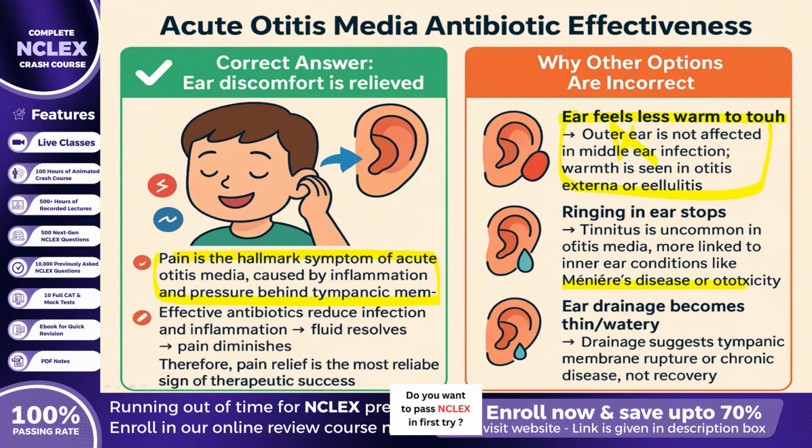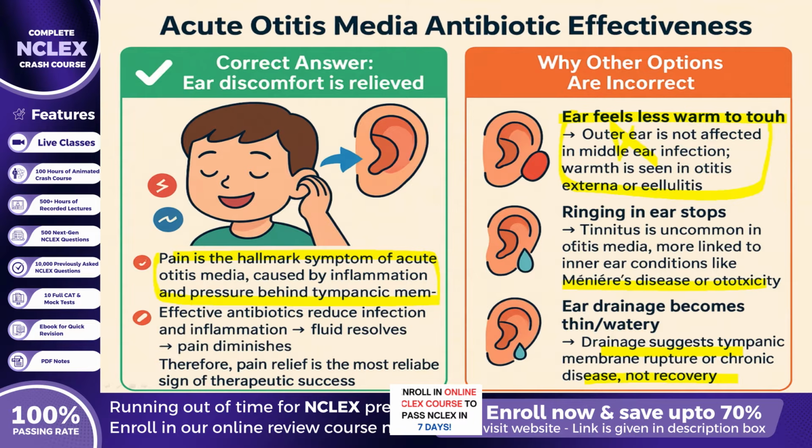So evaluating its resolution does not reflect antibiotic success. Looking at the third option, the presence of thin or watery drainage actually signals tympanic membrane rupture, which is a complication rather than a sign of recovery. Persistent otorrhea often indicates ongoing infection or chronic middle ear disease, so this is not a measure of effective antibiotic